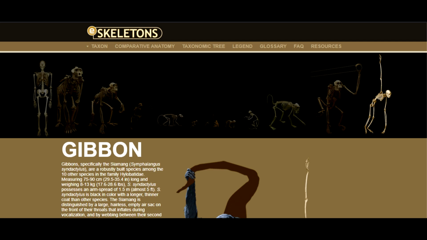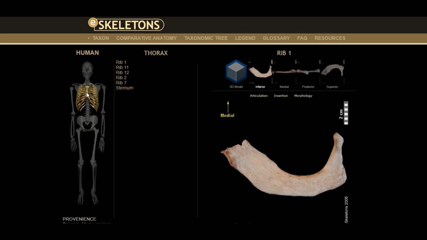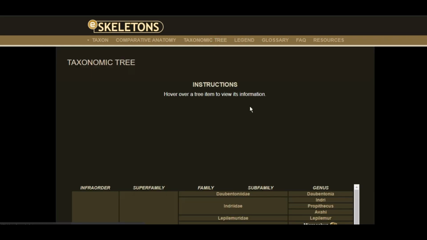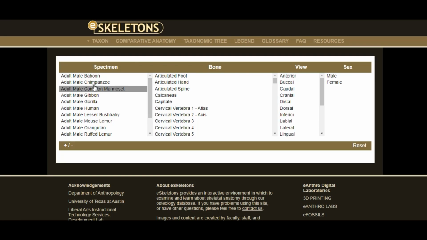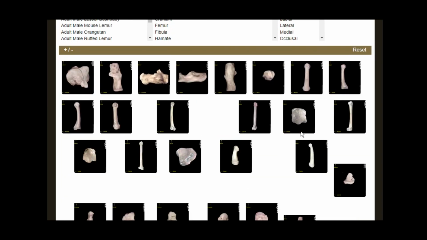Number 3. eSkeletons. eSkeletons isn't only about understanding human anatomy, it is an interactive tool that enables students to view the bones of both human and non-human primates, and to learn more about them from the site's anatomical database. A mouse over on the skeleton selects a specific bone for a closer look. You can look into things like morphology and articulations. A QuickTime movie gives a 3D view of the specific skeleton part.